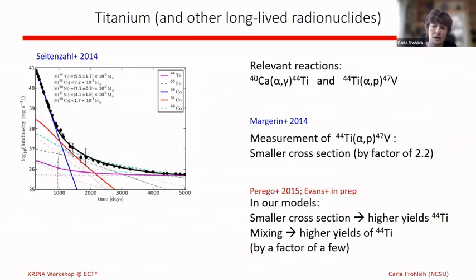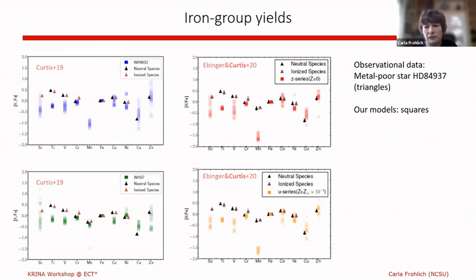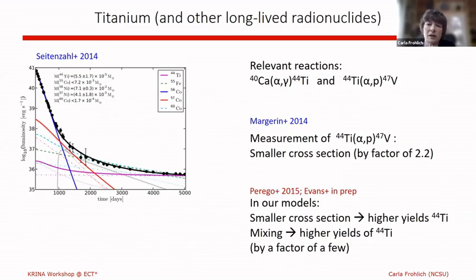All right, we can not only look at elemental abundances in metal poor stars, we can also compare against observations of long-lived radionuclides, for example, like titanium-44. And so this is just one example. On the left, this is work by Ivo Seidensal, where they fit the light curve of supernova 1987A with a 5-component fit for these long-lived radionuclides of titanium, cobalt, nickel, 2 cobalt and 2 nickel isotopes, and from that derived an ejecta mass of these isotopes.